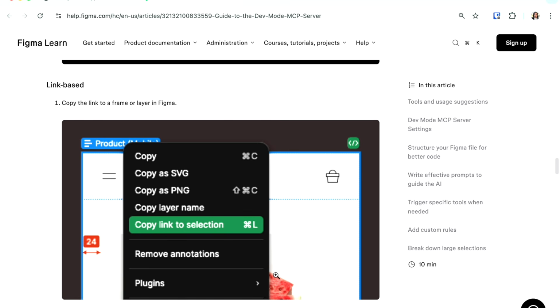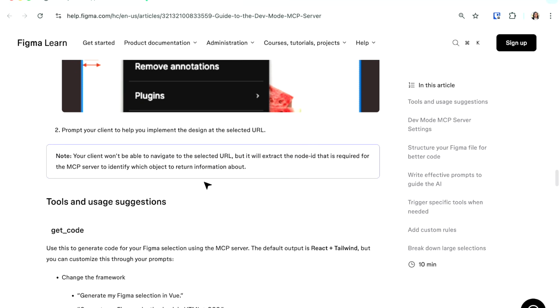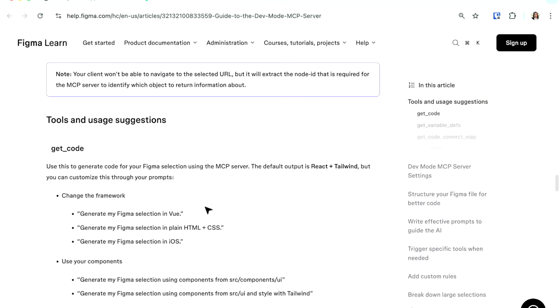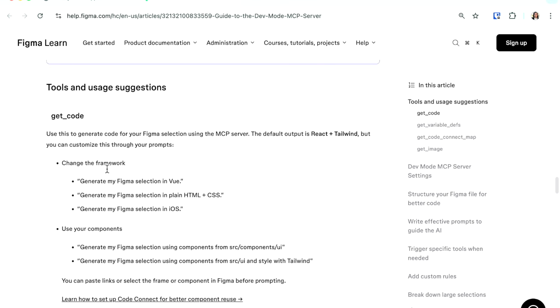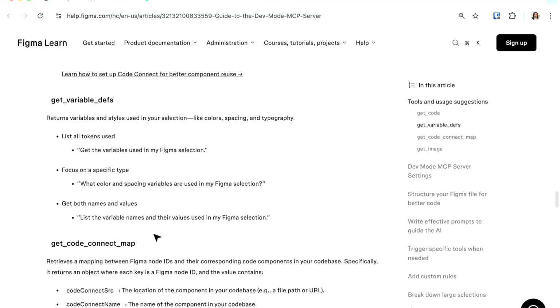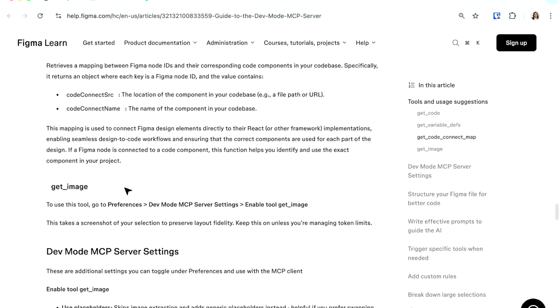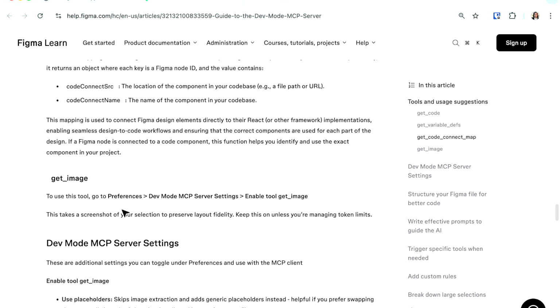The second way, which is very familiar to all of us designers, is link based. So you copy a link to your frame in Figma and you actually ask it to implement the exact URL that you have. And you will see here in the documentation, they have different tools that they are calling to the Figma server: the get code, get variable definition, get code connect map, get image, all these prompts allowing the code editor to get all that context. And that's the purpose of the MCP server, to allow for that